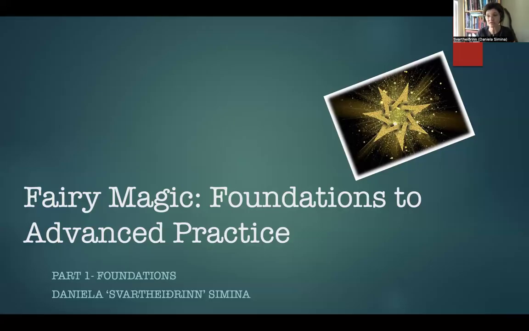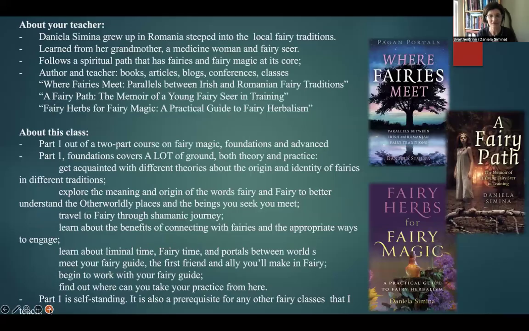So basically, this class will provide you, as the name implies, a foundation to approach relationships and connections with fairies and fairy magic in its multitude of forms. And we're going to disambiguate and discuss the term magic as well, because it can be misunderstood and overused, and it's good to have some clarity and understanding around it. With no further ado, we're going to move into what is actually the introduction.